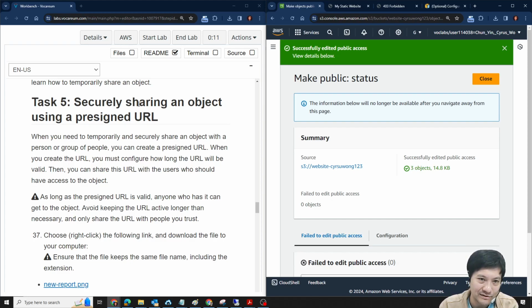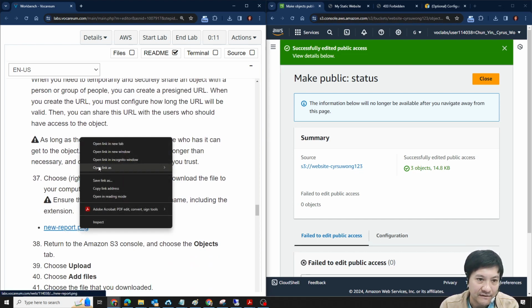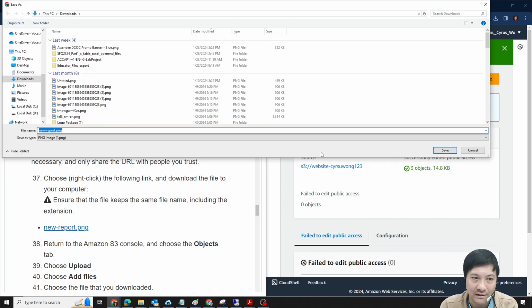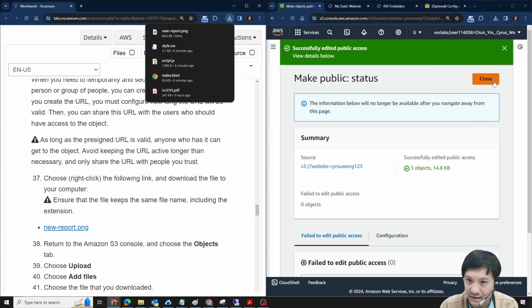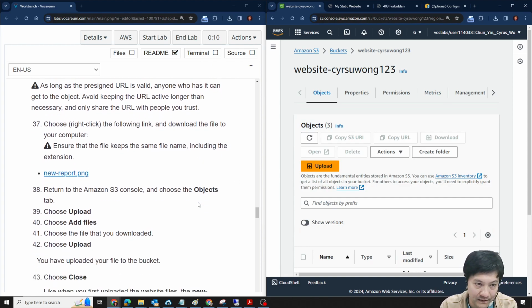Okay, just continue to secure URL period. So because some presigned URL, we download it. News report PNG. Save link as. 咁咪 download 咗個 file 先，and then close the make public screen, close it, and click uploads，